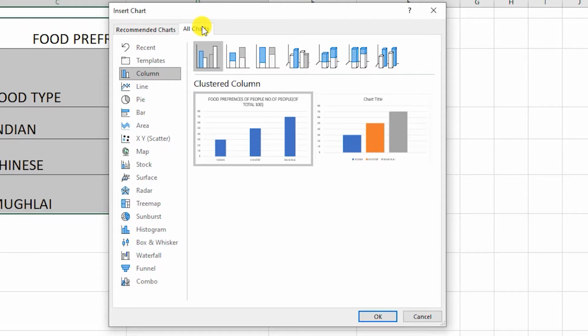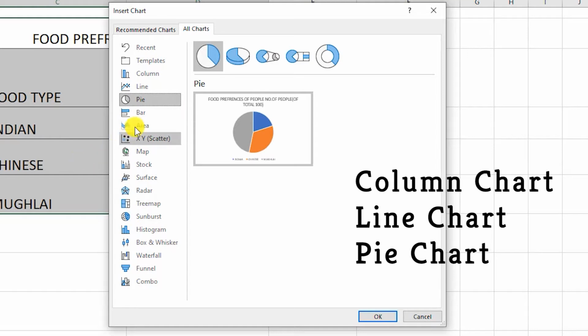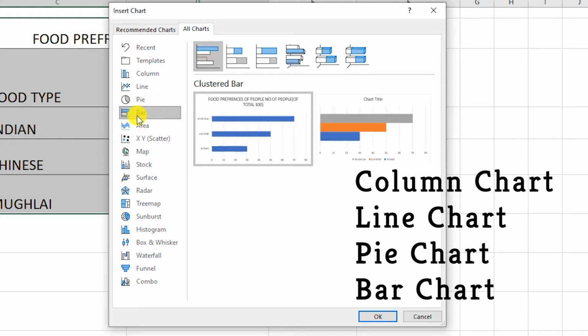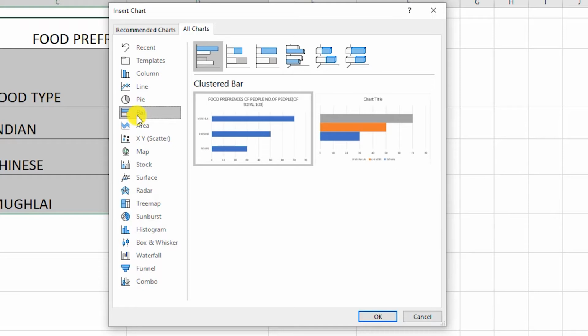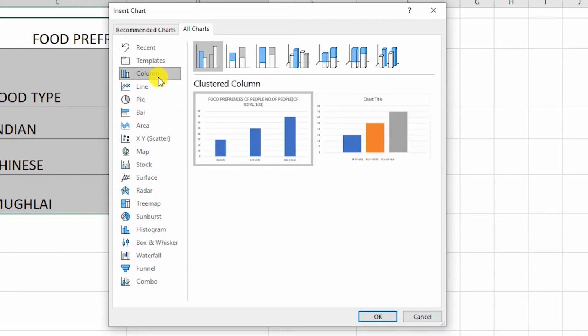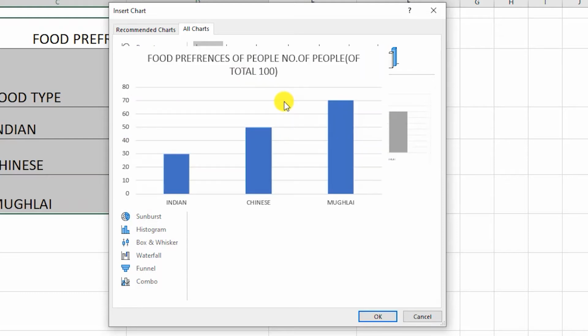Just looking at it, so many kinds of charts can make anyone feel confused. So what we do is select a few of the most commonly used charts and focus on those. So for now, we will be focusing on column charts, line charts, pie charts, and bar charts. These are the 4 categories of charts which are most extensively used. Now, what are column charts? Column charts are used to depict comparisons amongst different data items.